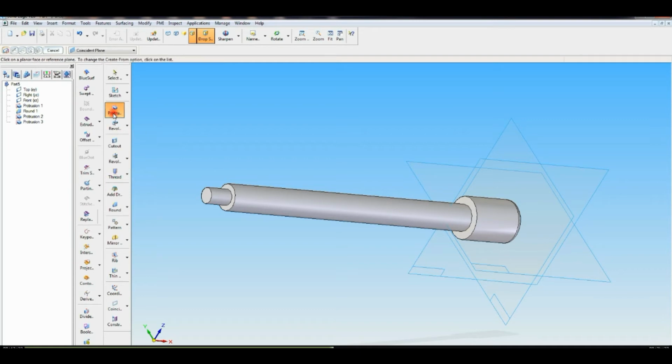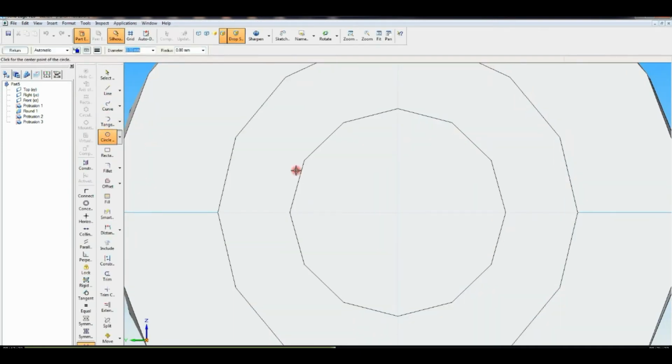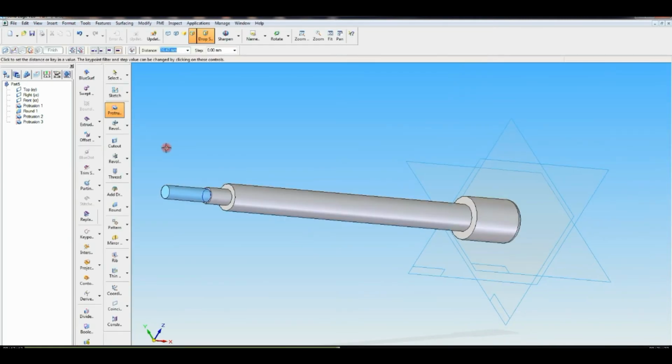Then one more time click on protrusion, select that surface, draw the circle of diameter 10, M10, 10 mm diameter. Then return. Length you have to give 22.